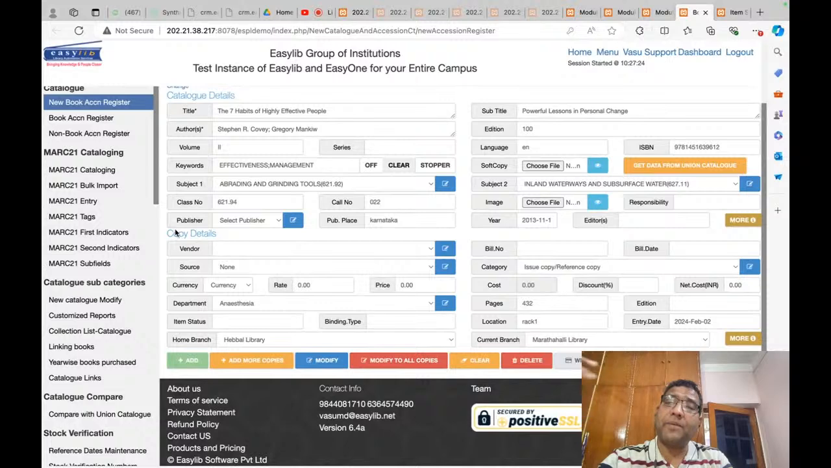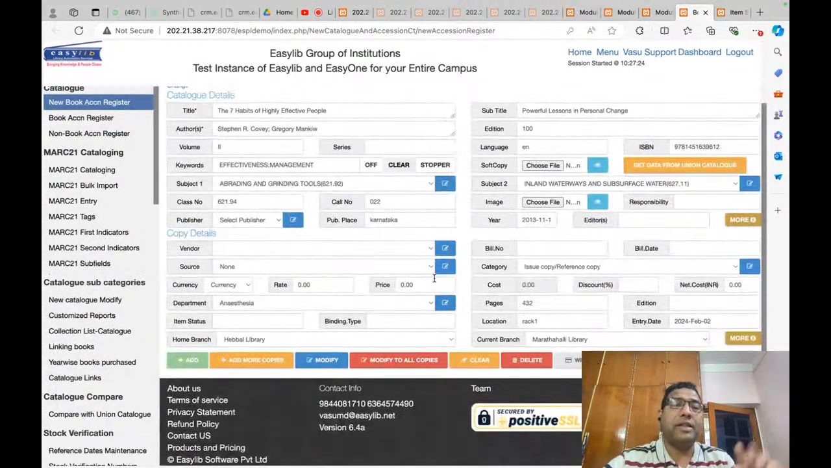Some 100 copies you may keep in issue, and some other 50 copies maybe in the reserve category. Whatever you want to do, you can do it over here. Easylib makes that job very easy for you. Now,